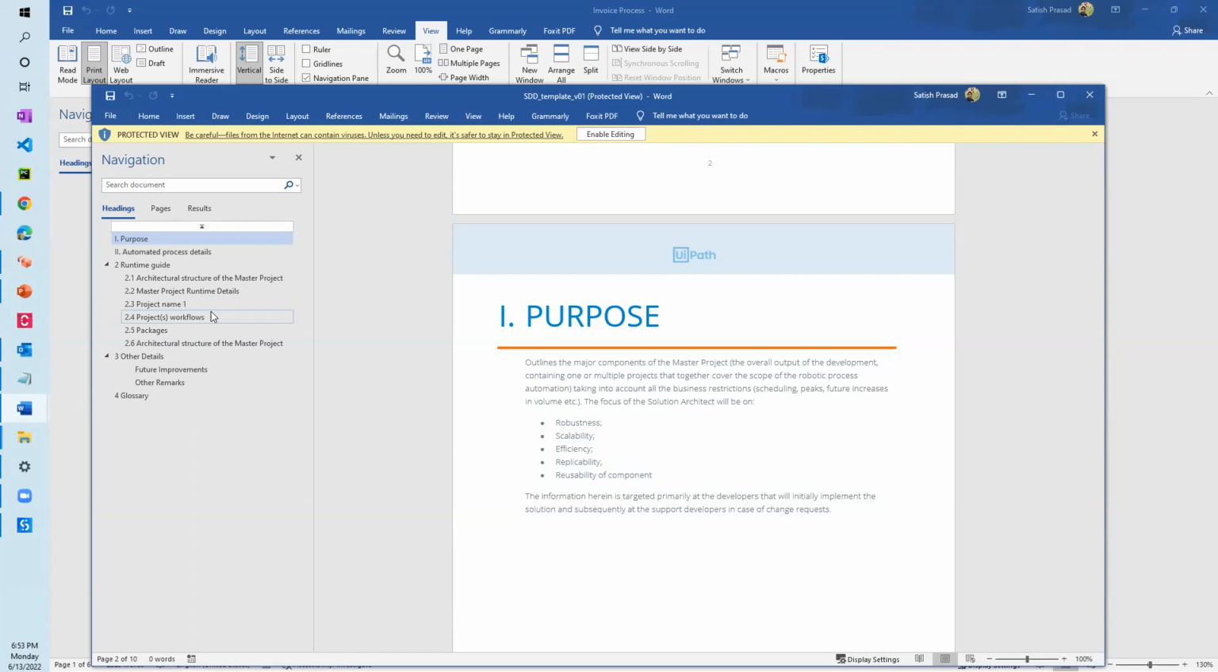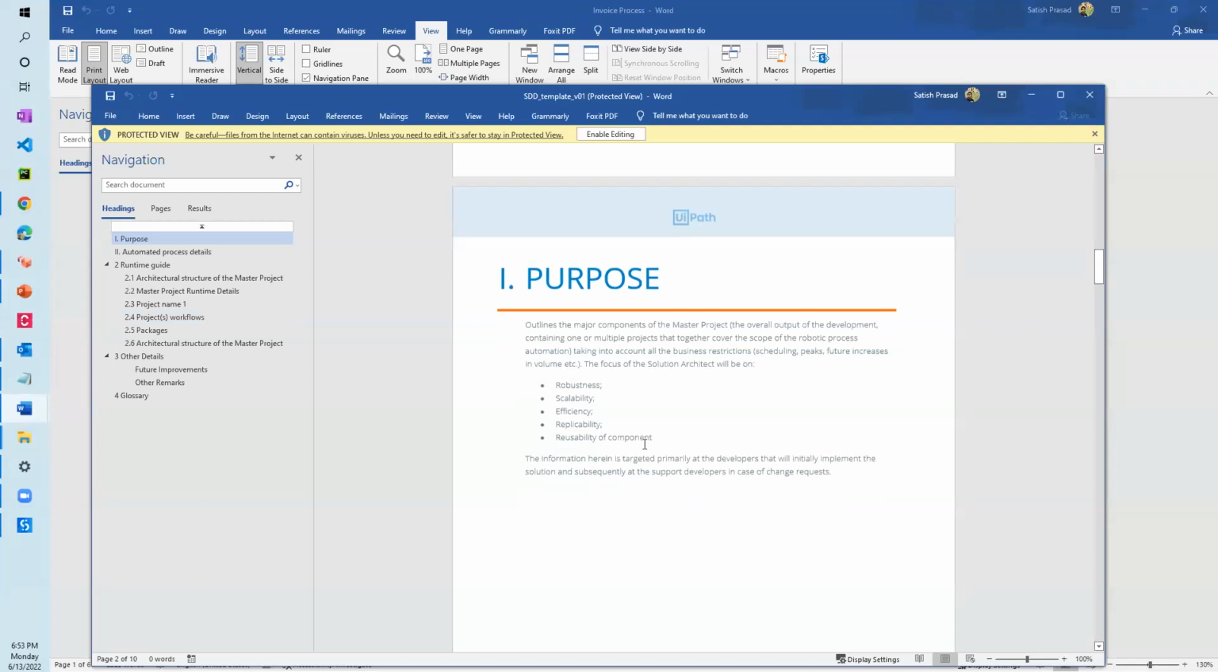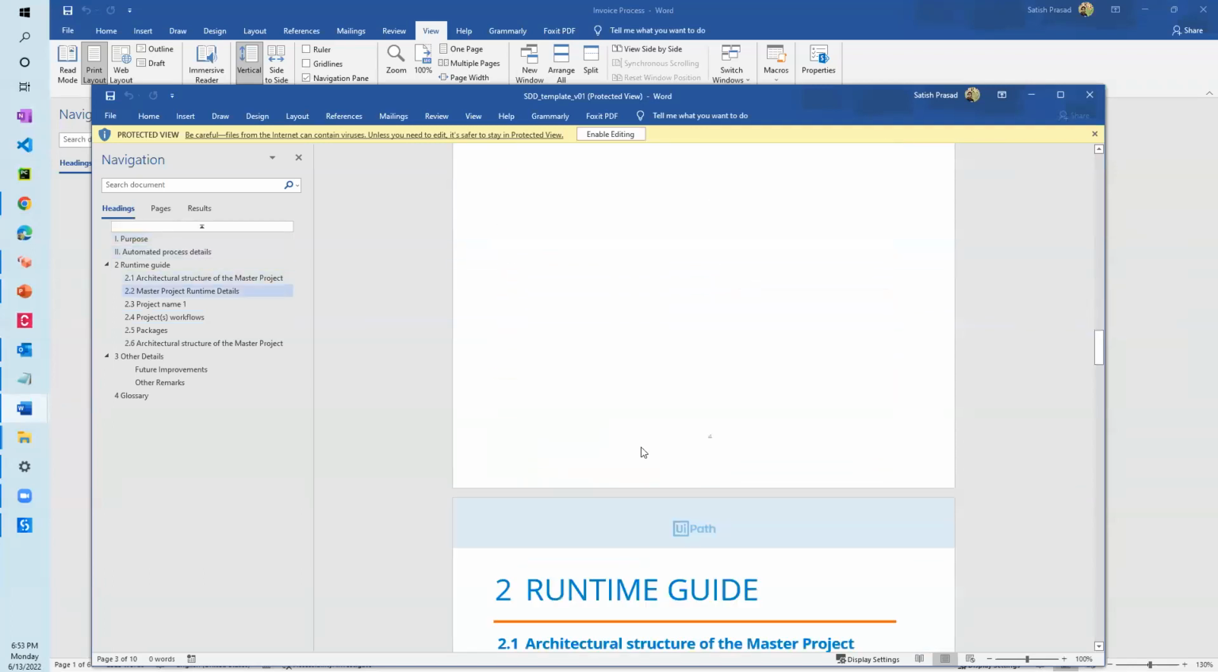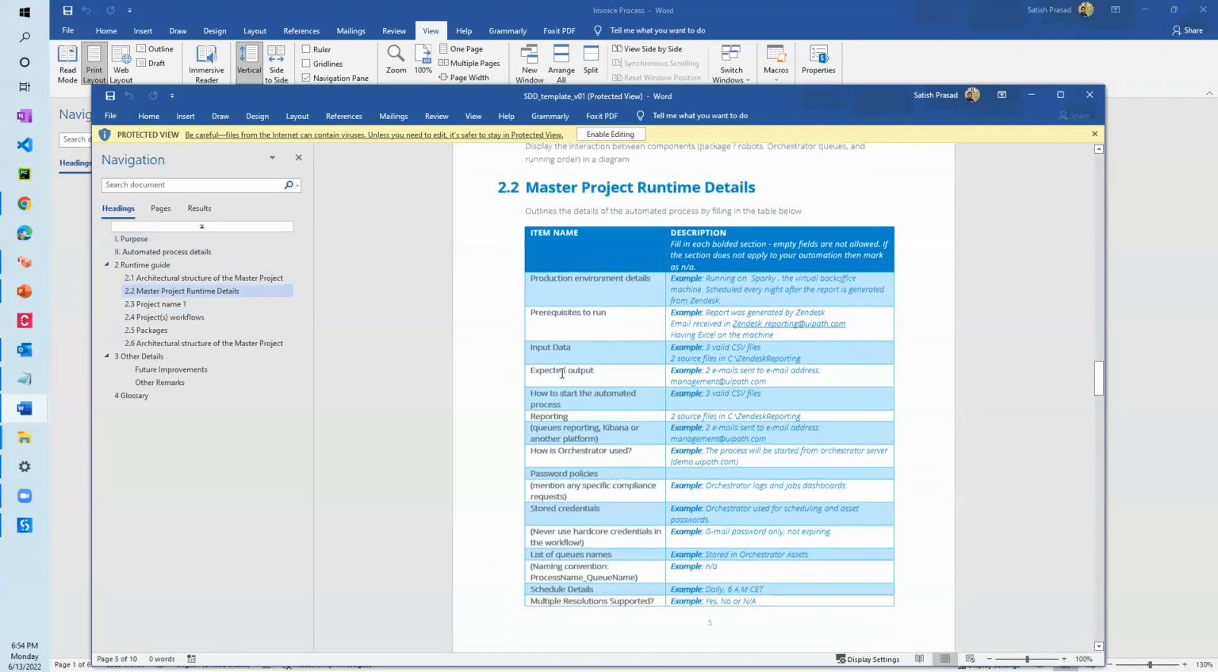So you need to consider scalability, efficiency, replicability, reusability of the component and those things while designing the SDD. Some people will say SDD and DSD talk about the same step, right? In SDD, we talk about the major component, how the bot is to be automated, what is details of input